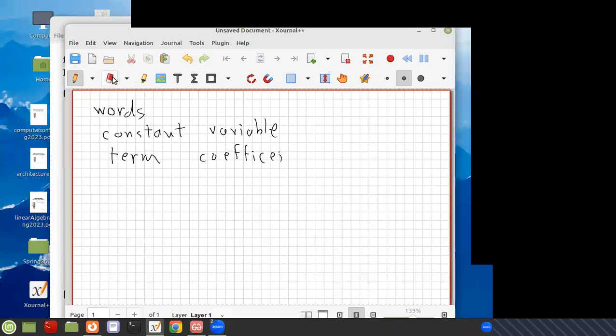how do you spell coefficient? I'm going to try it. Is it EI? I know there's a rule, I before E except after C, but it never looks right when I write it. I think it might be I. Okay, well, term, coefficient, it's good reason to avoid the word. Constant, variable, term, coefficient,